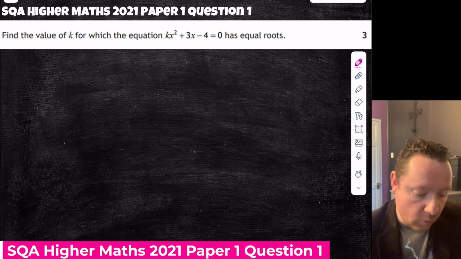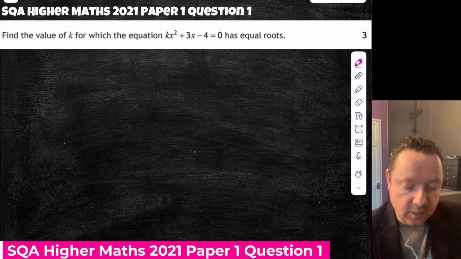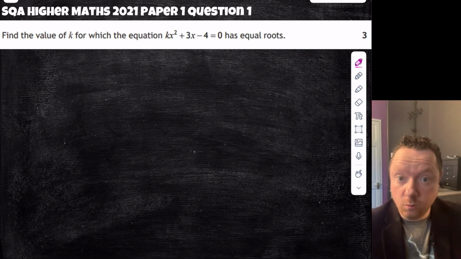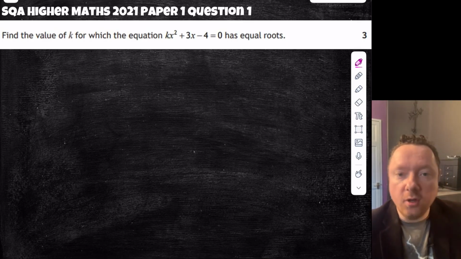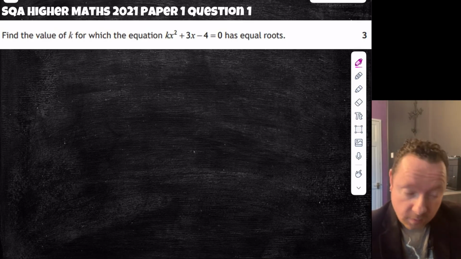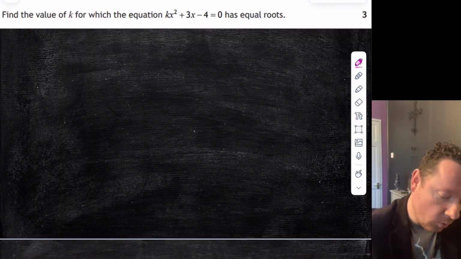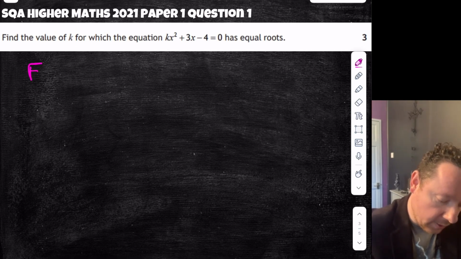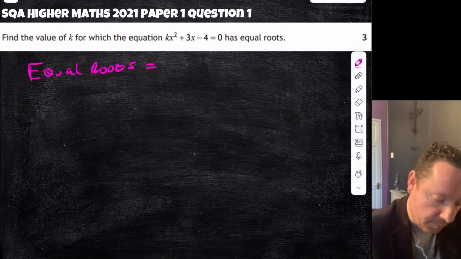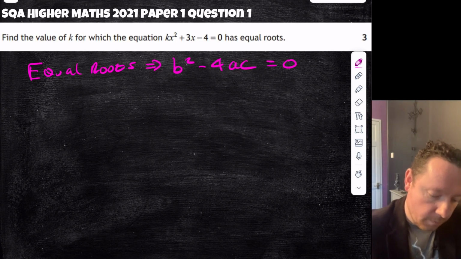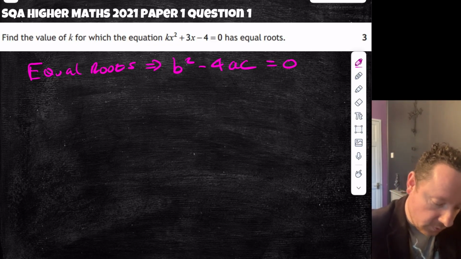Find the value of k for which the equation kx squared minus 3x minus 4 equals 0 has equal roots. So it's talking about the roots and the nature of the roots, so it's the discriminant. So equal roots, we can write this here, equal roots, that implies that b squared minus 4ac equals 0. So we can find a, b, and c. Well, we've got b squared, that's 3 squared,